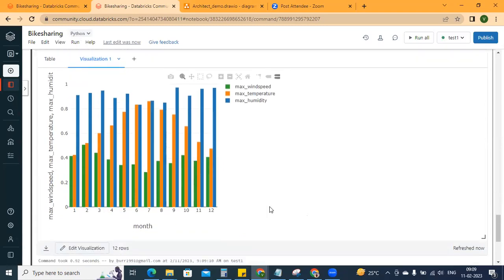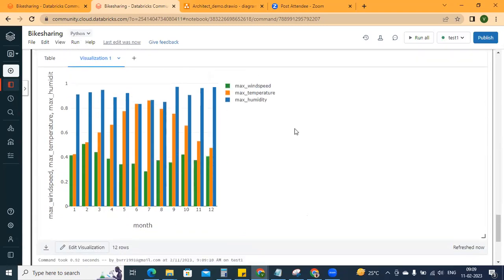So now you can see, right, every month you can see here how the climate looks like. If you look at temperatures, they are somewhere low in December, November, January, February. That's kind of a winter season. If you see, right, high temperatures are seen in the months of July and August. This might be the data from the US. Okay, don't put it in an Indian context.